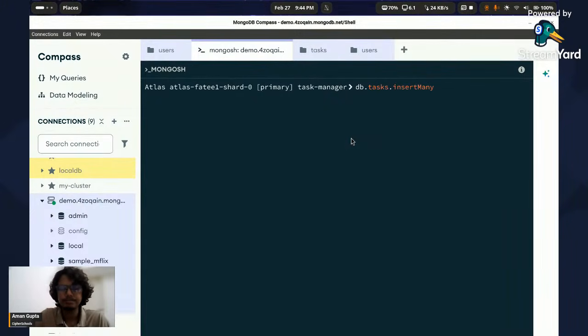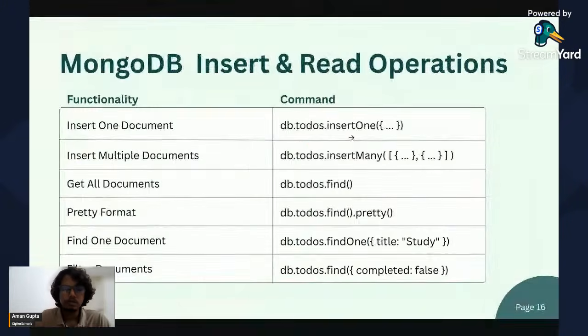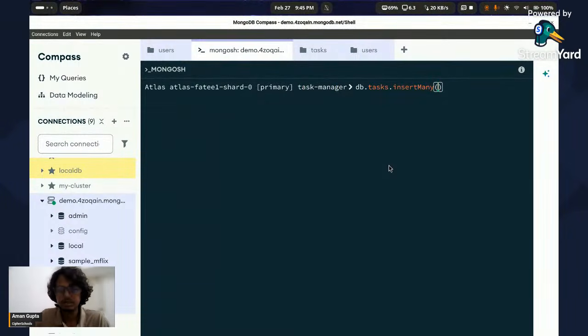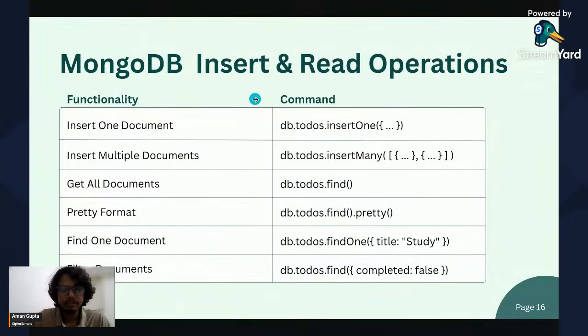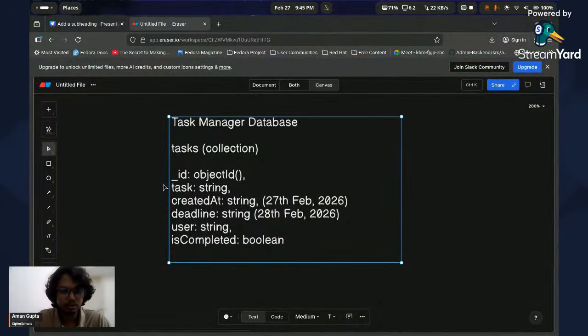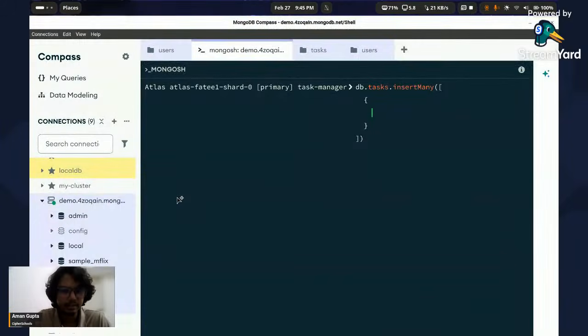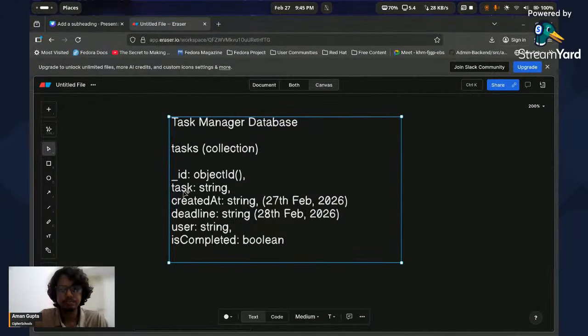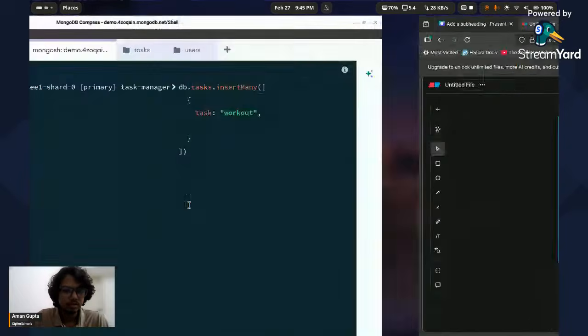Now what do I want to add? I want to add a list of tasks or list of data. How do you add anything in a list? Very simple answer, you would add it in an array. Now inside the array I will add all of the data here. I'll have to probably write it again, so I'll just do it very quickly. Task would be workout, created at